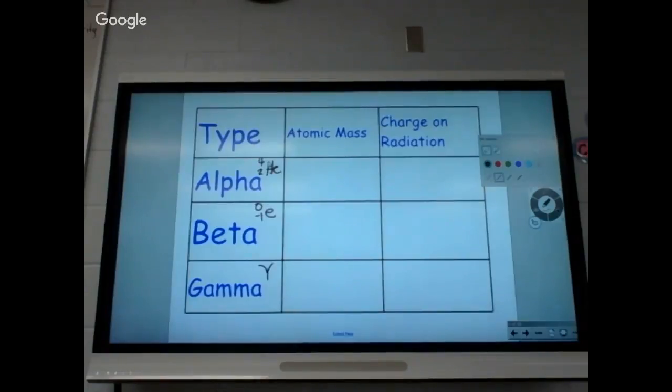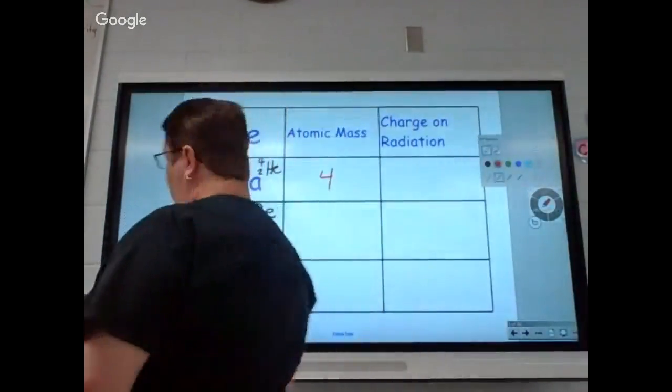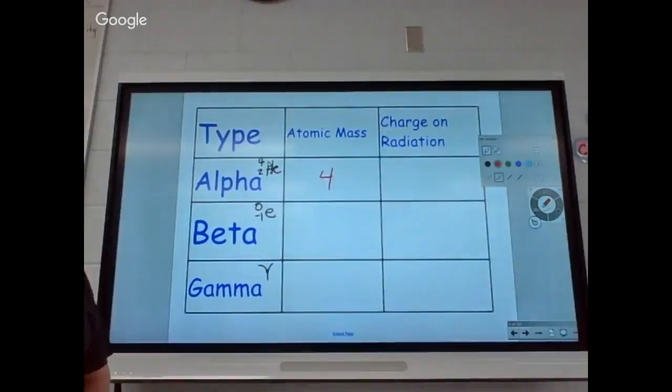All right, so what would be the mass of an alpha particle? 4. All right, so an alpha would have a mass of 4. All right, what would be the mass on a